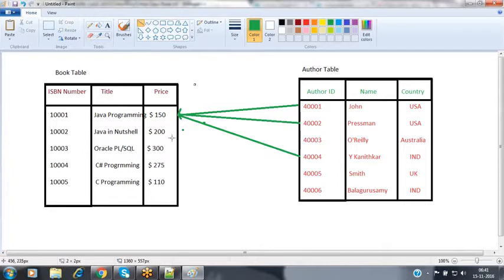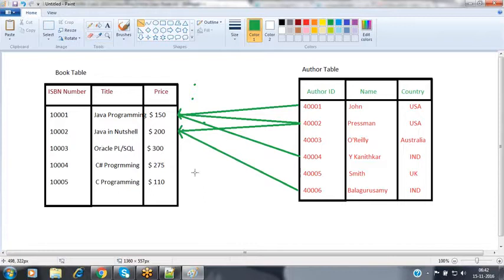For Java in a Nutshell, this book has been prepared by Pressman. Pressman has participated while preparing this book, and along with that, Balaguri also participated. Now, Oracle PL/SQL.